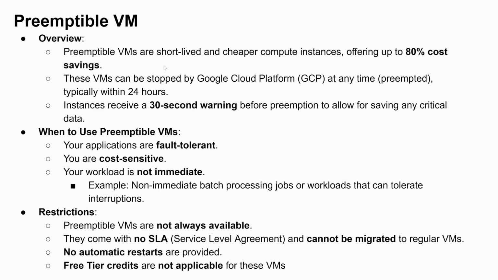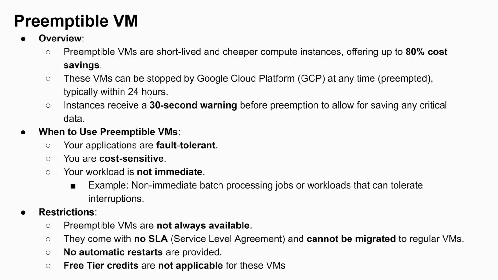In this video, let's discuss preemptible VMs. Preemptible VMs are short-lived and cheaper compute instances that offer 80% cost savings. If you are looking for cheaper compute instances for your workloads, you can go with these preemptible VMs. These VMs can be stopped by the Google Cloud platform at any time, that is typically within 24